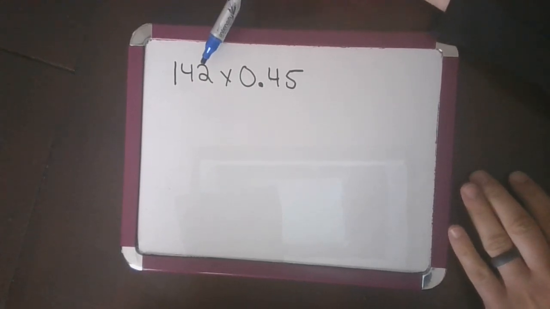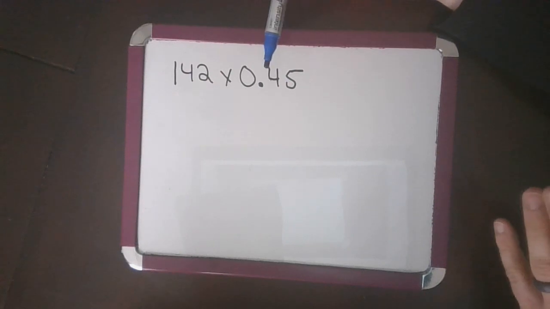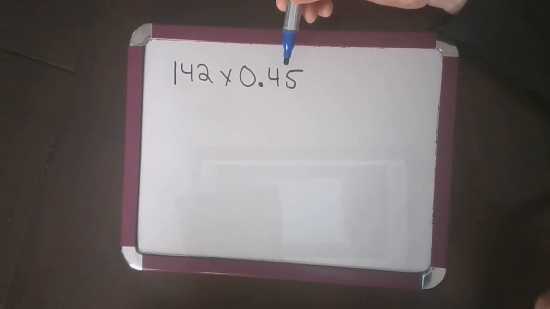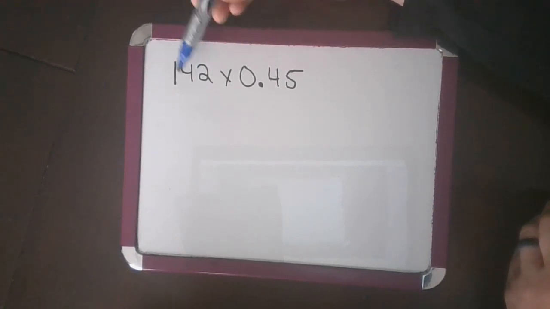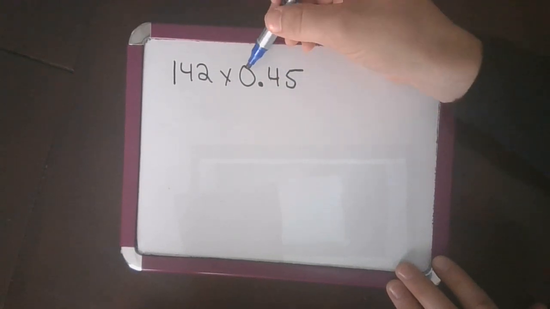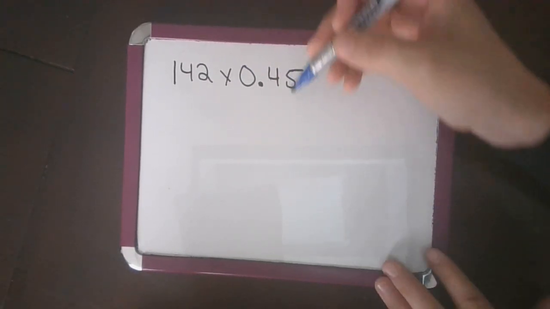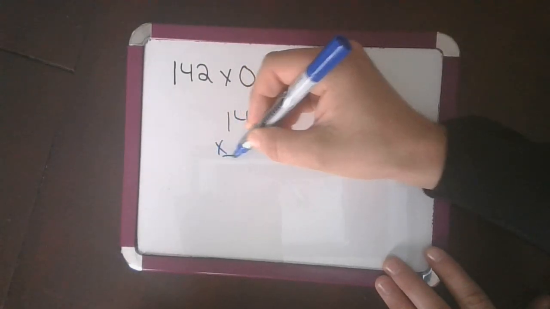So we've got 142 times 45 hundredths. Now again, an estimate. I'm doing 142 times something that's smaller than 1, so I know that my answer should get smaller. Now 45 hundredths is about 50 hundredths, which is a half. So I'm looking for the answer to be about half of 142, somewhere around 70-ish. That'd be my estimate. They both have 3 digits, but since this one has a 0 in it and I don't really have to multiply by the 0, I'm going to leave the 142 on top, multiply it by